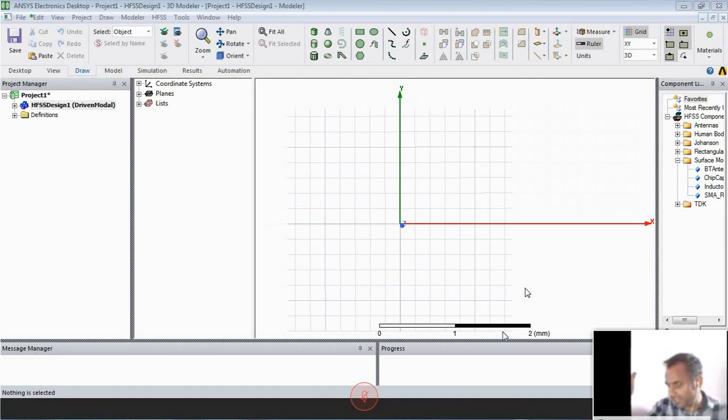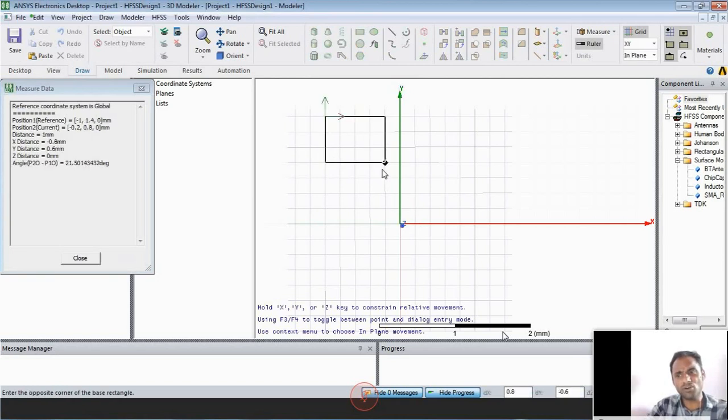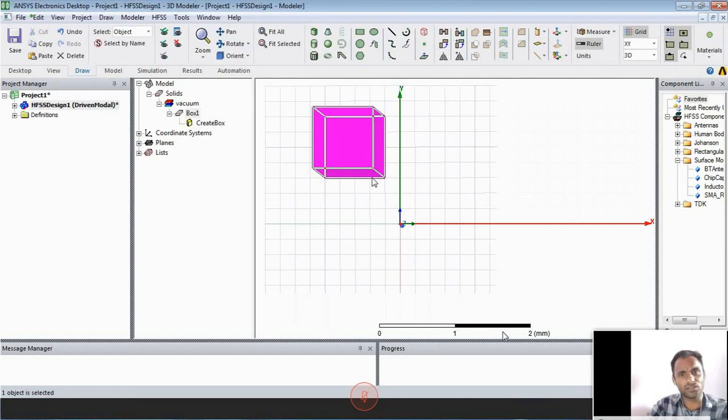Okay, I made the calculations 10 to 15 minutes before, and everything is based upon your formula sheets. So now the first step. Yesterday we told one thing: the first step of the antenna design is to make a substrate. So now we make a substrate. Here the substrate is a three-dimensional structure. So I am selecting a box and drawing the box at any location in my axis window.